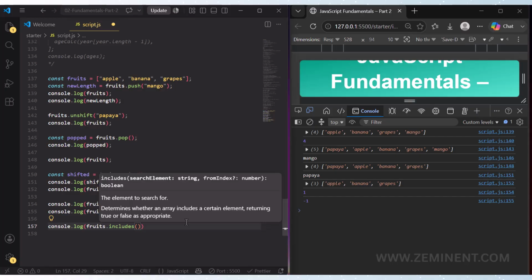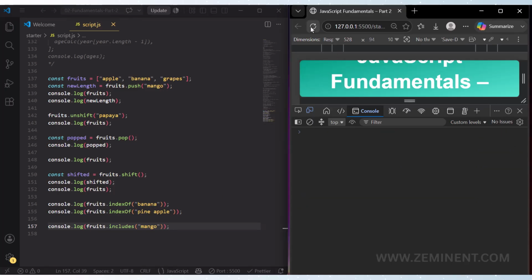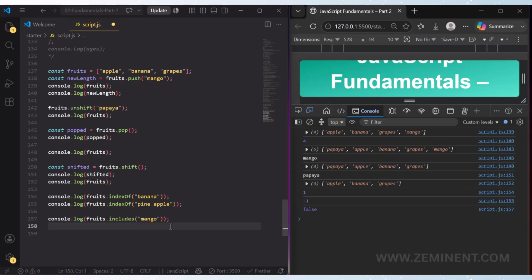I'm writing here mango. Let's reload. And now this is false. Here we have only apple, banana, grapes.